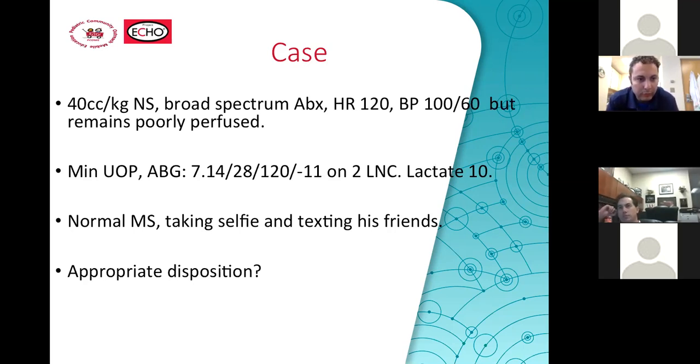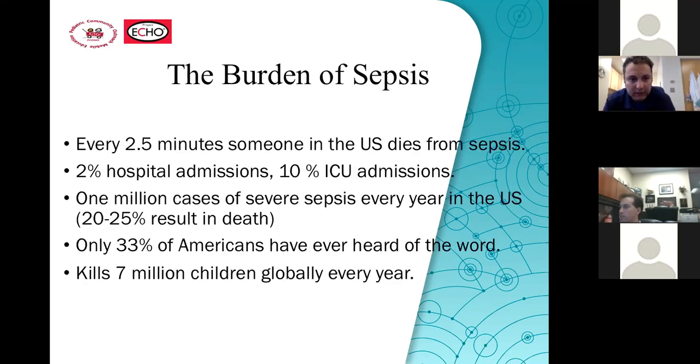Which guideline do we follow? Do we follow the Surviving Sepsis Campaign for adults, which was updated in 2016, as she is emerging into adolescent life, but also she has the body habitus an adult has, with 65 kilograms? So moving forward from here, I'm going to just go back and repeat some of the very important slides